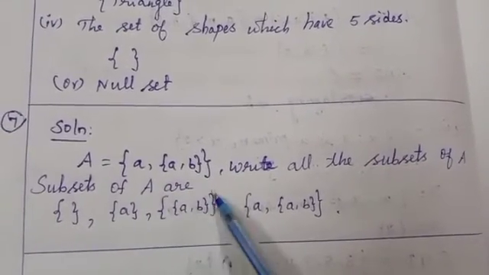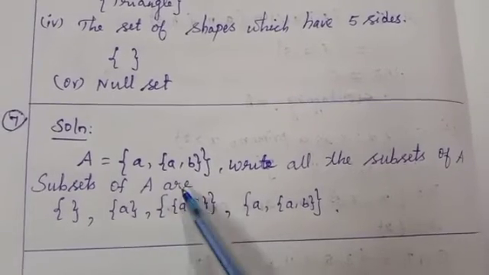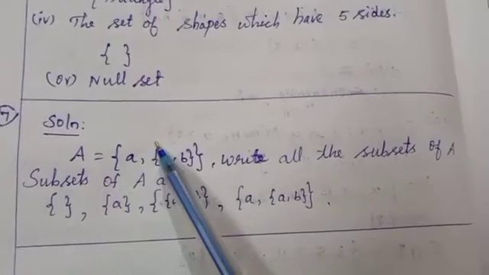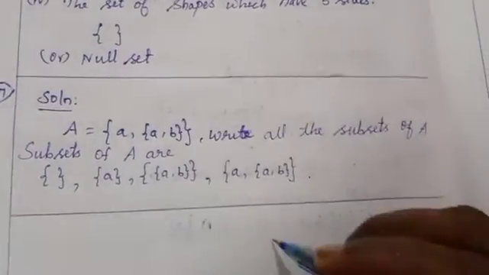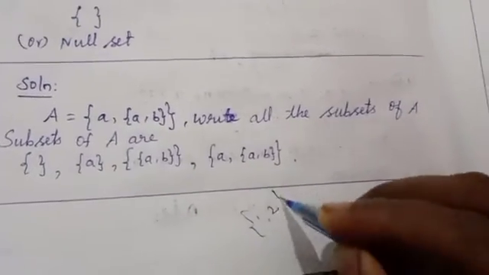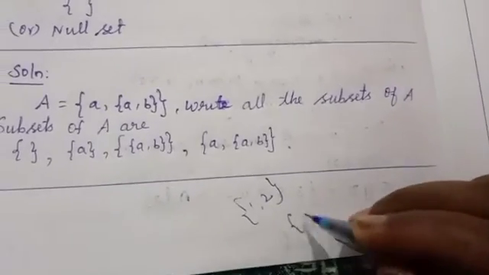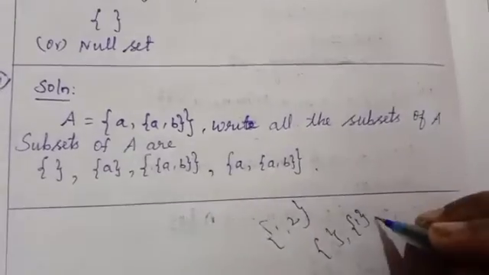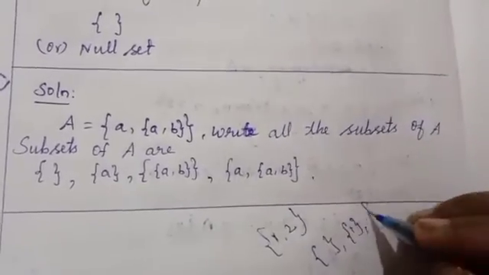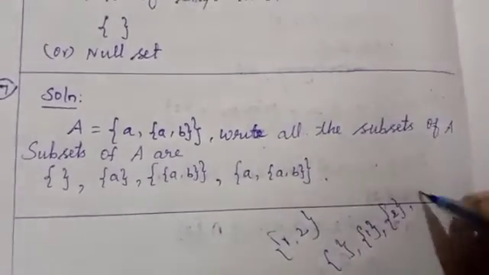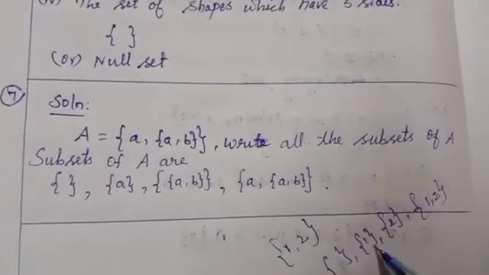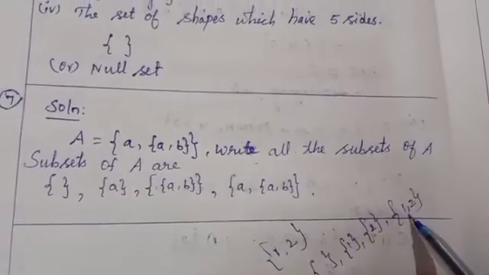Write them inside the set bracket. Already one set bracket is there, one more you have to use. Then take and write this. Yes, students. Suppose you have 1 comma 2. Write the subsets. How do you write? First the empty set. Then single element sets: 1, next 2. Next the 2-element set 1 comma 2. Totally how many? 1, 2, 3, 4. 4.